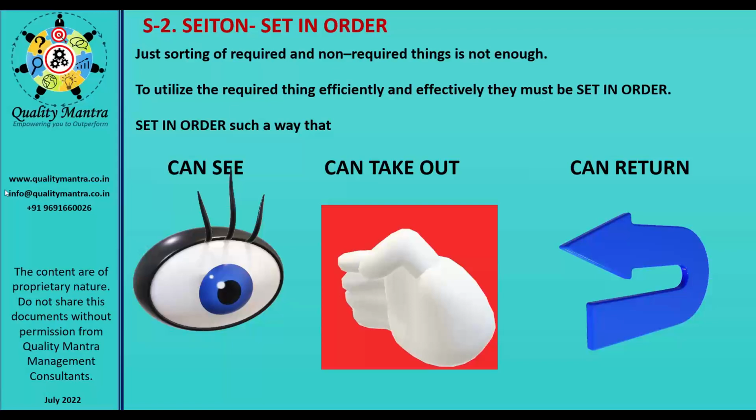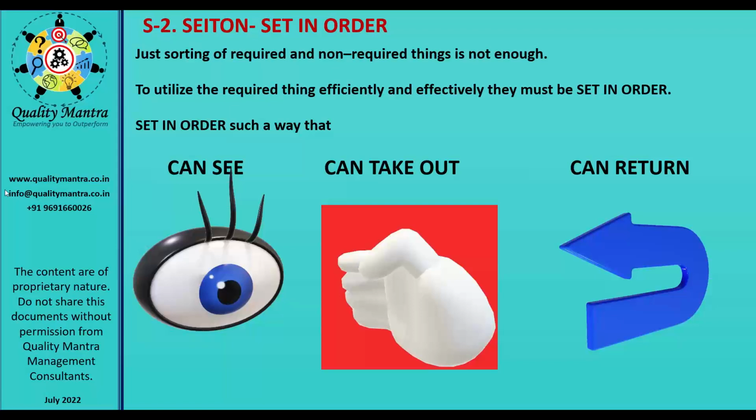We have to keep them in order or set them in order such that you have to ask: can see, you can see that particular thing clearly or not, can take out easily or not, and can return back to its original position or not. That is the purpose of setting in order. Setting in order doesn't mean you keep it somewhere where you can't see it easily. Definitely, if you are putting it inside the drawer, you will not be able to see it from outside. We are not asking people to use transparent drawers, but once you open the drawer, it should be clearly